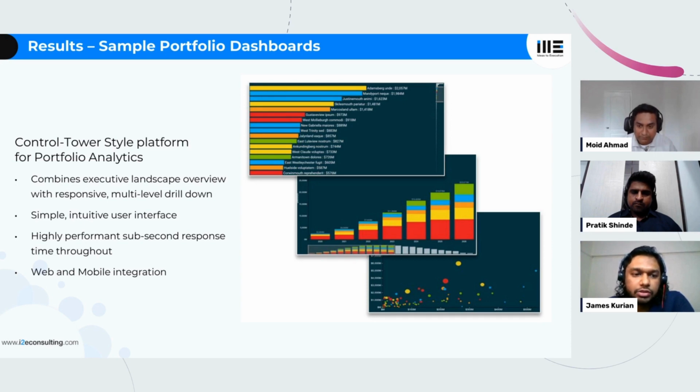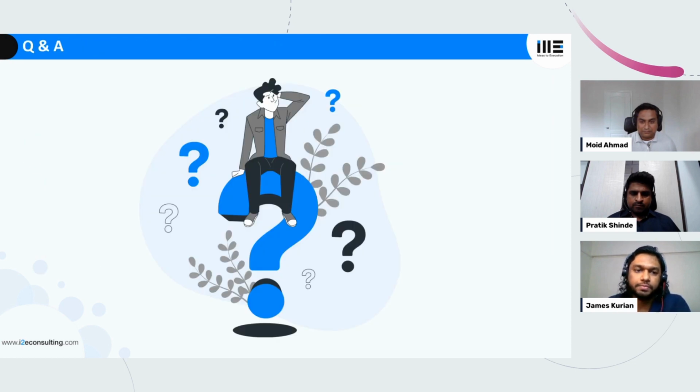And it's not limited to web. You don't need to have your laptop in front of you. We could build this for mobile, and as Mohit previously mentioned, for Alexa and other technologies. For example, you could just talk to your Echo device. You could say, "Hey Alexa, give me a briefing of all the projects," and it would reply to you with the data that you want at the right time. And that we feel is very important. So that's it on the use cases that we have. Now we are open to any questions that you might have. Thank you.